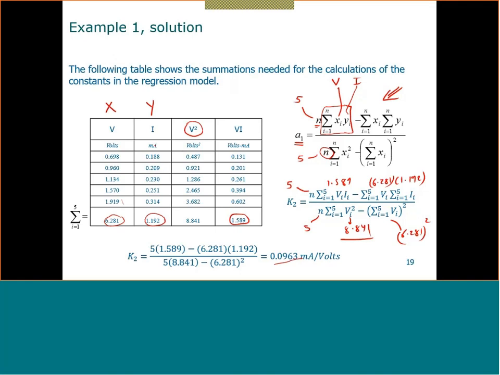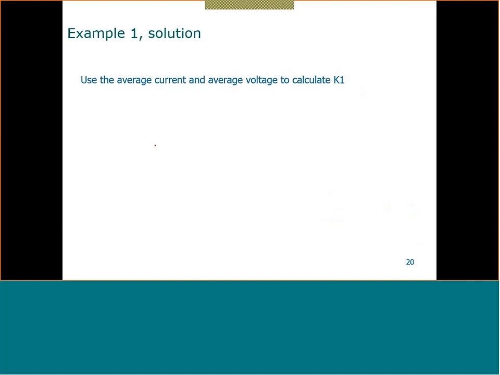Now to find the average value, I need to find the average value to calculate K. Remember, when we calculate K1 is nothing but I average minus K2 and V average. This is what is K1. Okay, so I need to find the I average and the V average. So basically how to find the I average? The I average is nothing but the summation of I from I goes to 1 to 5 divided by n, which is in this case is equal to 5. So we have the summations 1.192 from the table divided by n, which is equal to 5. So this is equal to